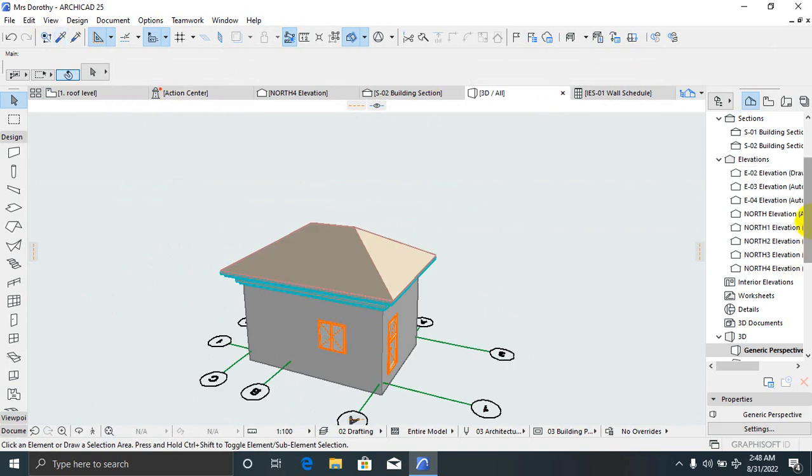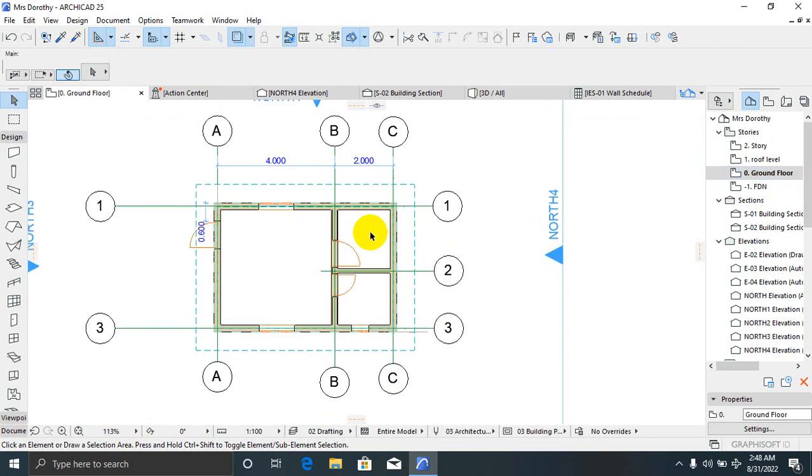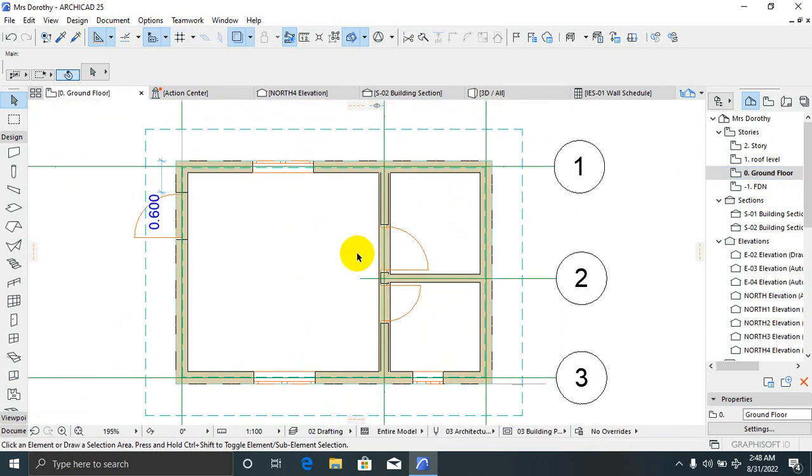Okay, so I can switch back to ground floor. At my ground floor now, I can place some things like, let's say I place my